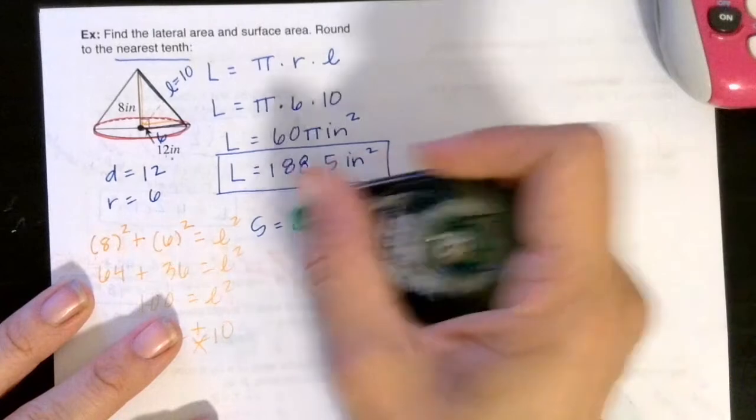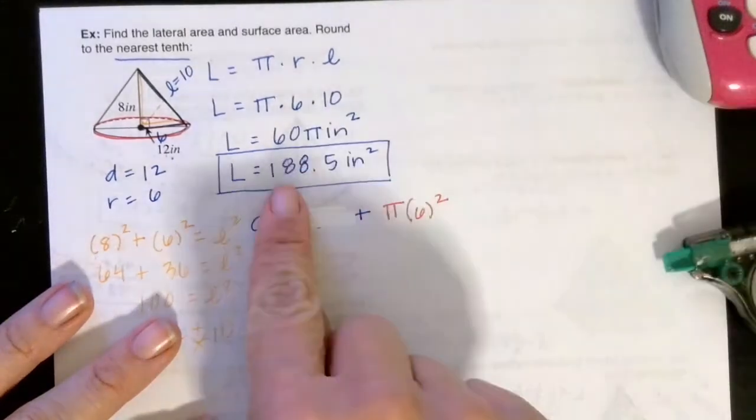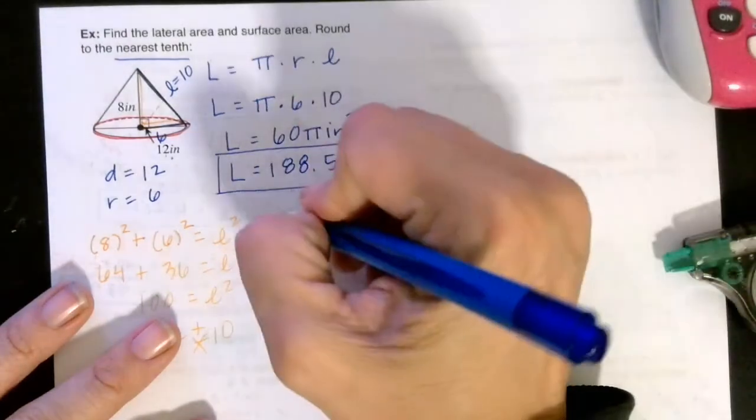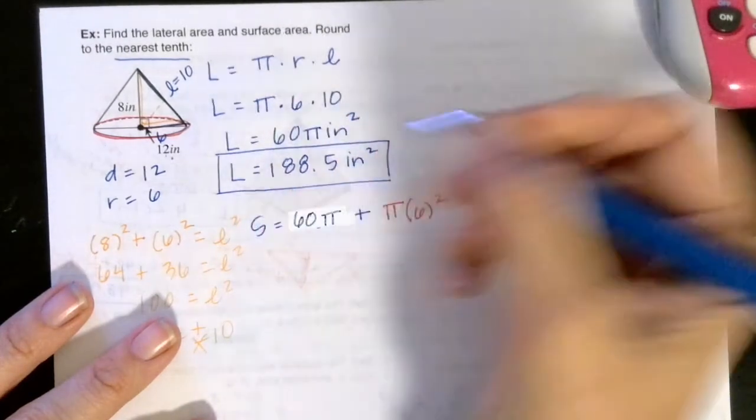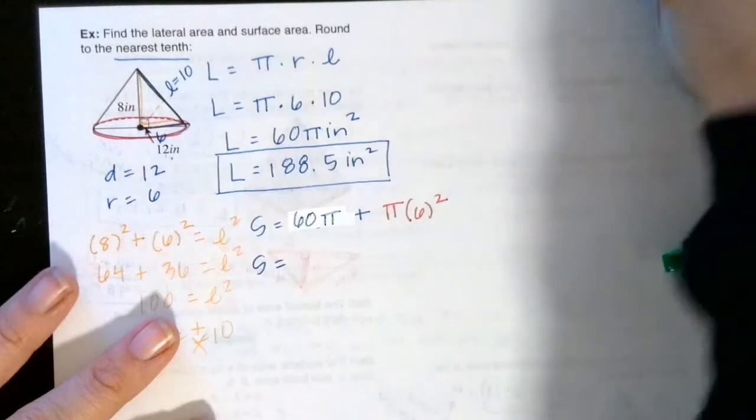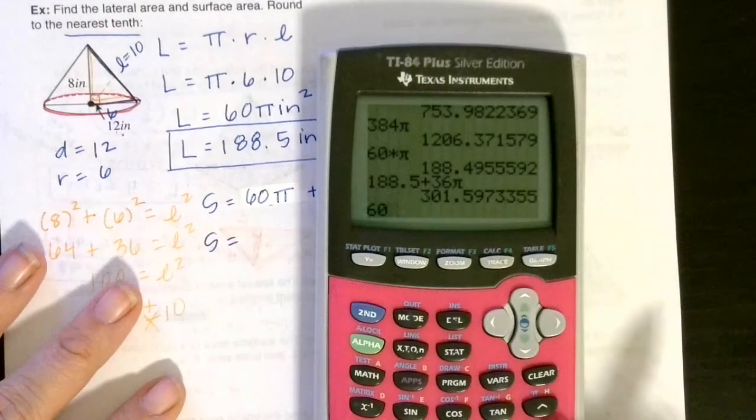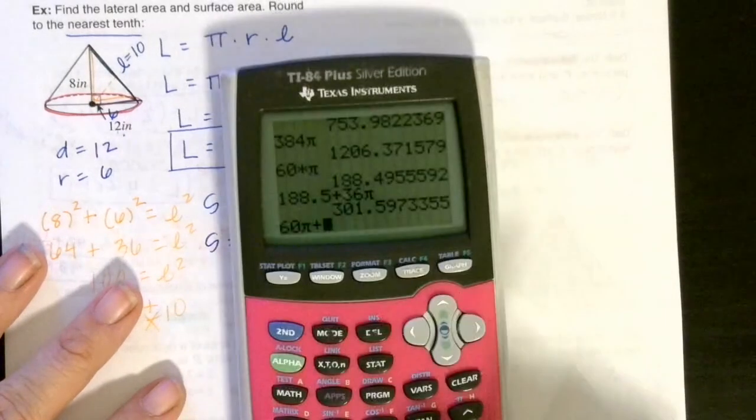Now, I'm just going to take this back a second because I have a feeling my HRW is going to be tricky. So I'm going to change this. Instead of writing 188.5, I'm going to write 60 pi and keep everything consistent until I plug it in the calculator and see if it makes a difference. So I have 60 times the pi plus pi